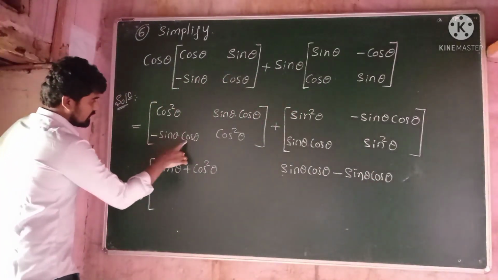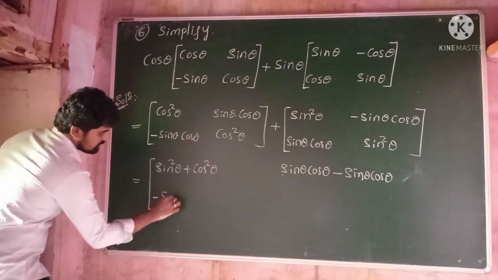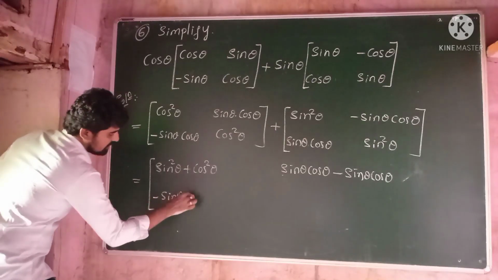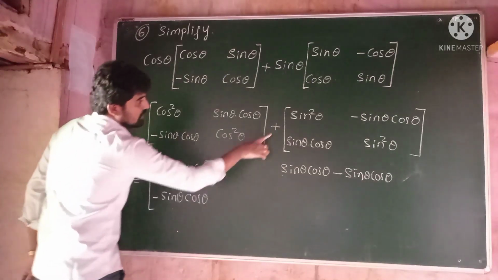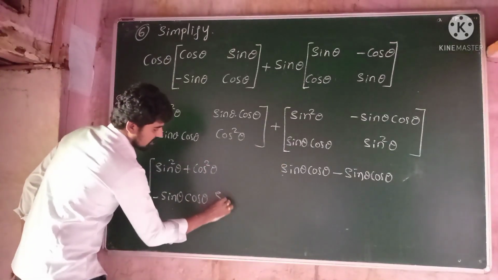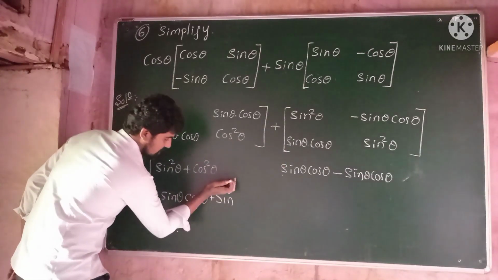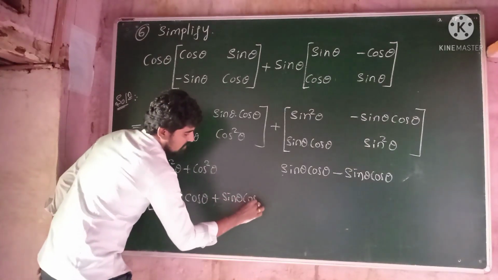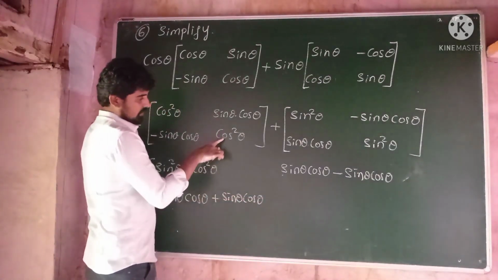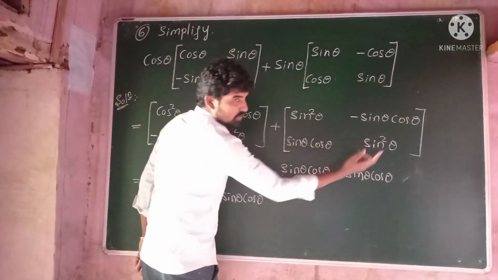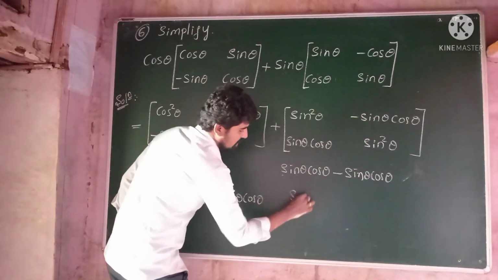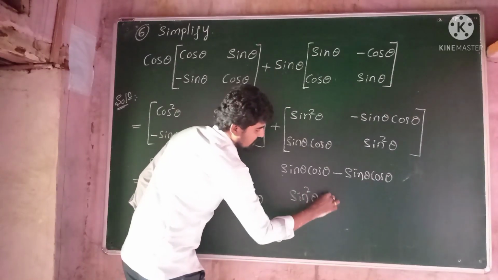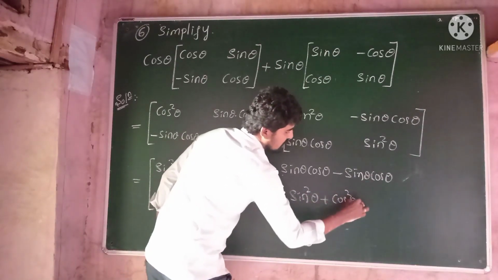Here also minus sin theta cos theta plus sin theta cos theta, and then cos square theta plus sin square theta can be written as sin square theta plus cos square theta,